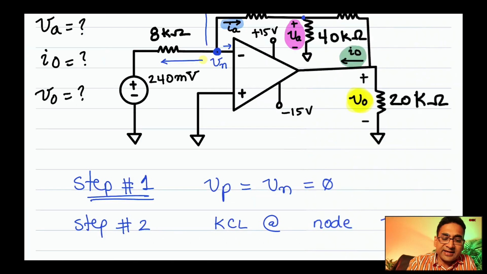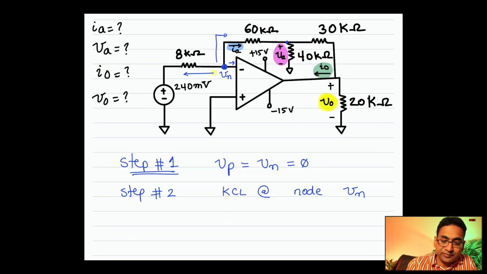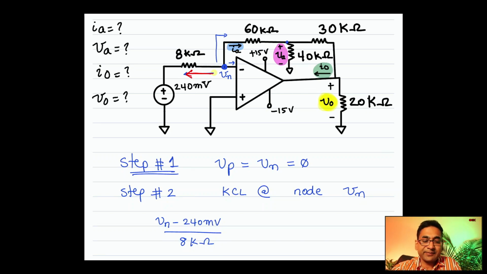So if we write KCL here, Vn minus 240 millivolts divided by 8 kilo ohms, that is the amount of current flowing in the 8 kilo ohm resistance, plus